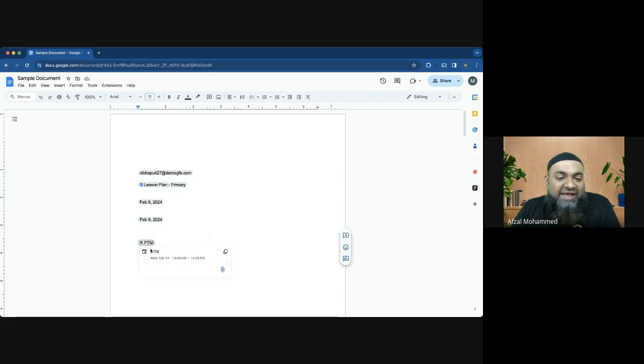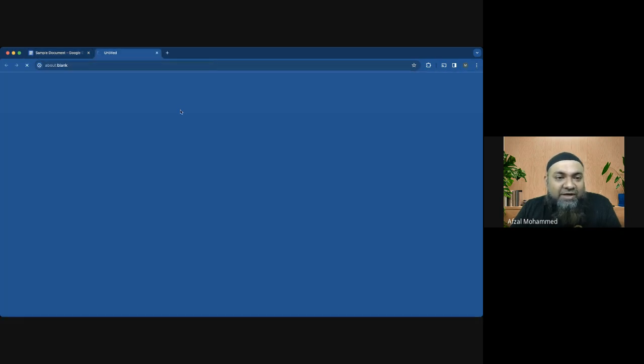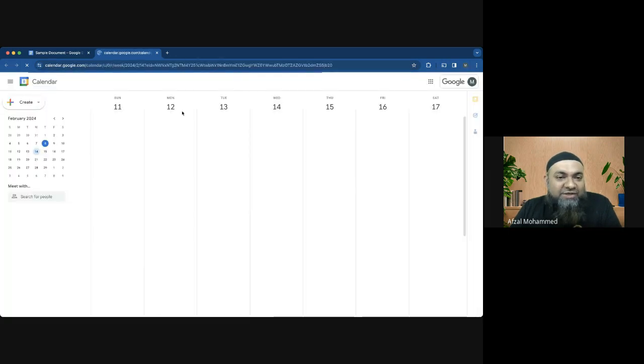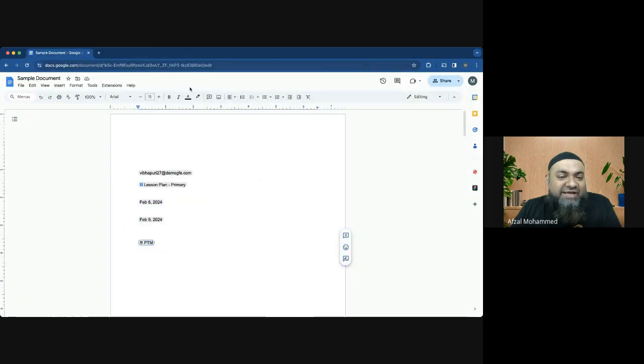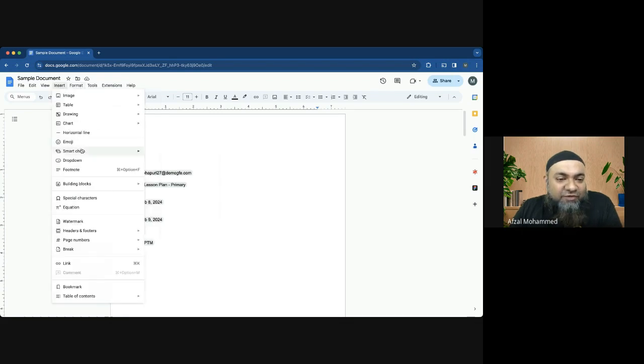And if I click again, this is a dynamic link, and you can directly click and open that event in a browser window, and you can always edit and make changes, and those changes will get reflected in the main document. So it's as if you have embedded that calendar event into this Google Doc. Now going for the next one